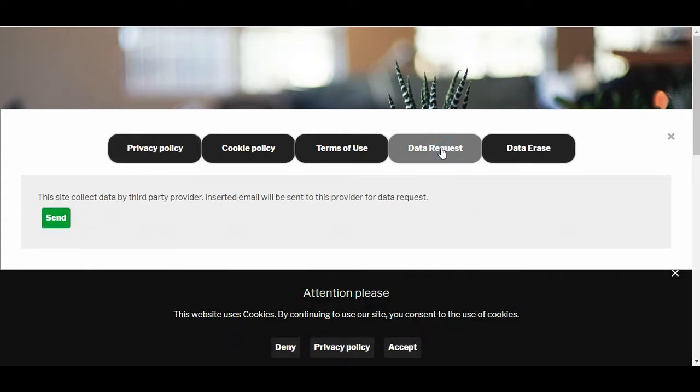Data request means that since this website is collecting some personal data, the visitor has the right to see if you collect some data about himself, or which data you collect about himself. With data erase, he wants to delete his data from the server. In this case, the user will click send, and this form will appear where the user will type his email address,